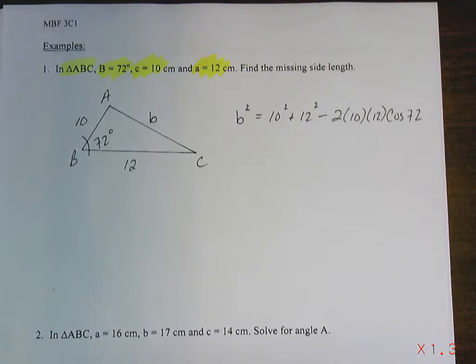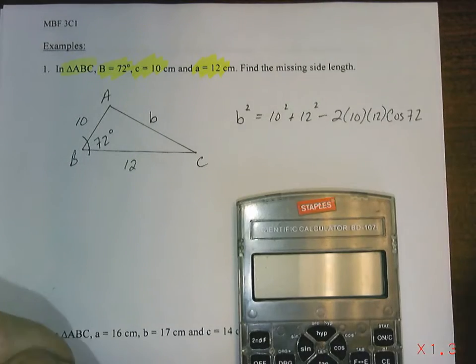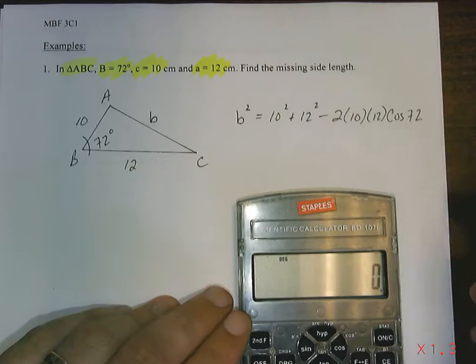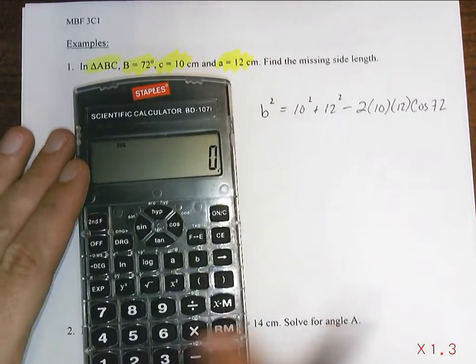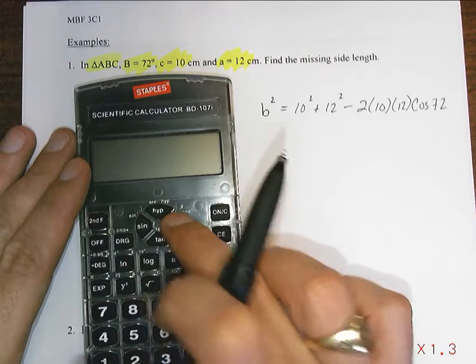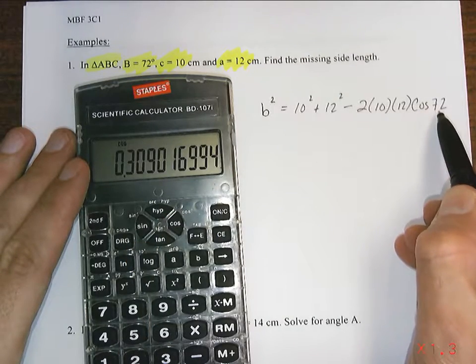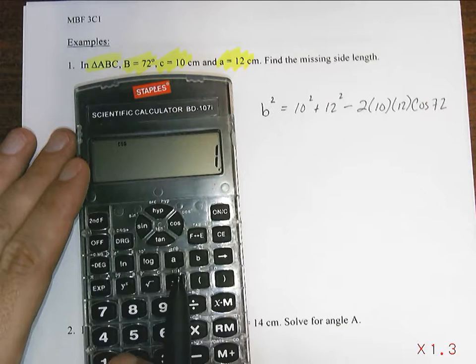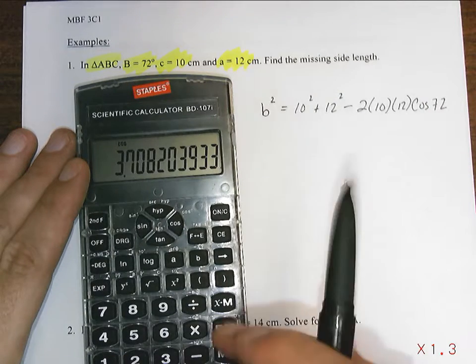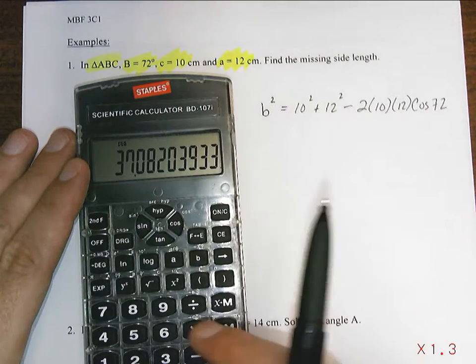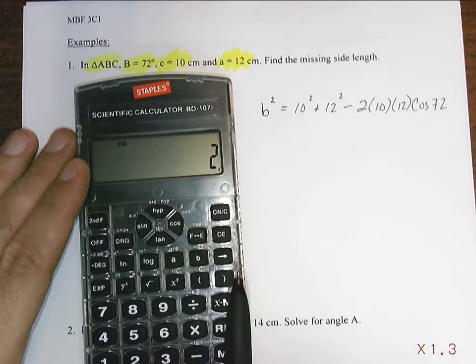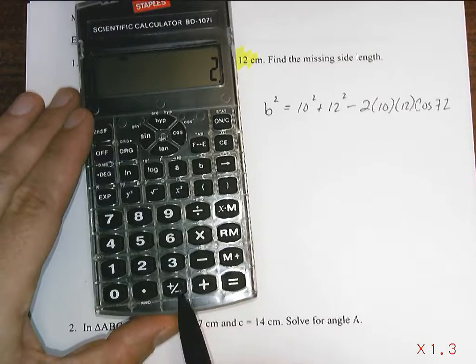Now, that's worth most of the marks. The rest of the marks are going to come from being able to work that out on your calculator. So I'm going to show you how I'm going to do it on my calculator. I'm going to start here. On my calculator, I have to hit 72 first. 72 cosine. That gives me that decimal. I'm going to take that and times it by 12 and hit equals. I'm going to take that and times it by 10 and that equals. I'm going to take that and multiply it by 2, make the 2 negative by pressing this button,